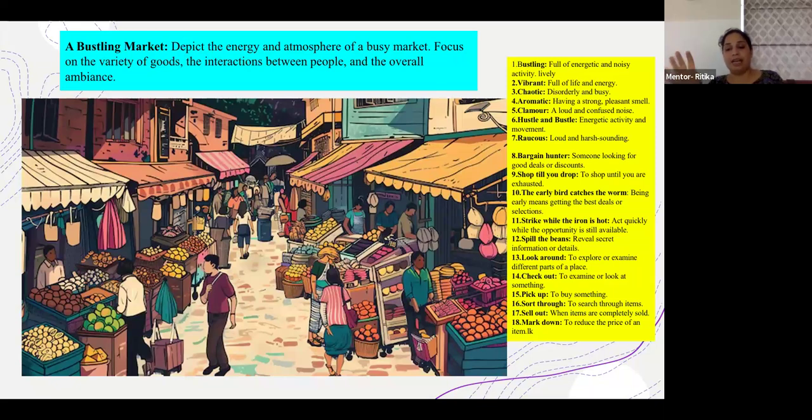Instead of making it a mundane one, I want you to make it so energetic and full of energy, wherein you can describe the energy, the chattering, chitter chatter. See? So how can you describe the sight? Give me words for sight. If you have to touch upon the sensory, the first is sight. Sight means what do you see around in the bustling market? What do you see? Tell me.